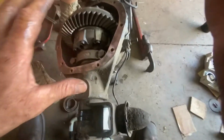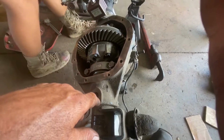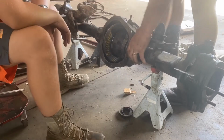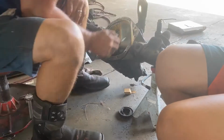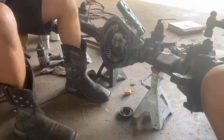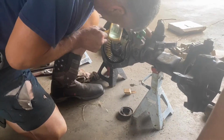So now we've got it set up. No, wait, actually that's not true. I've got to check the gear tooth pattern. So let's get some compound on it, and we'll rotate this and check the gear tooth pattern. It's hard to see, and I'm not doing a good job filming this, but the gear tooth pattern